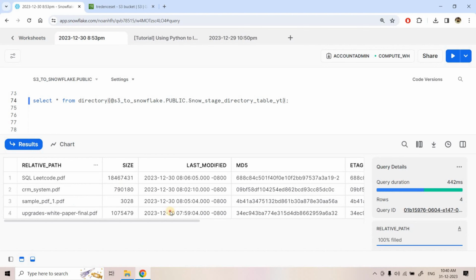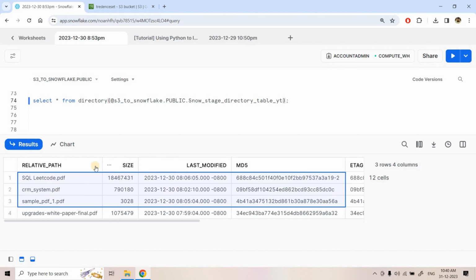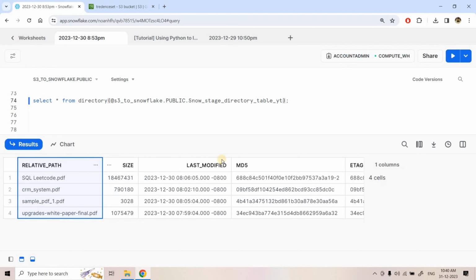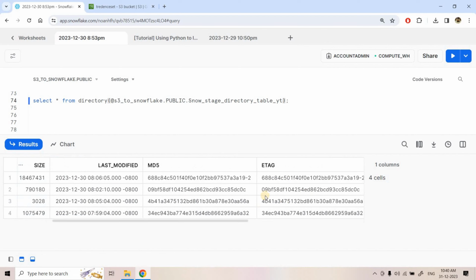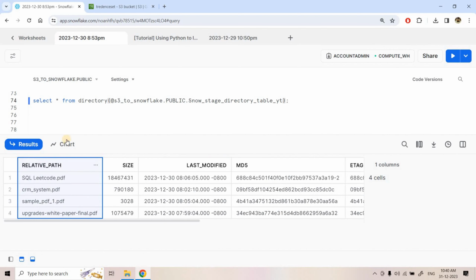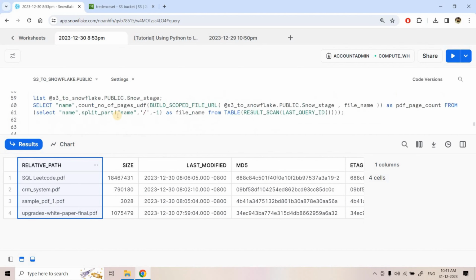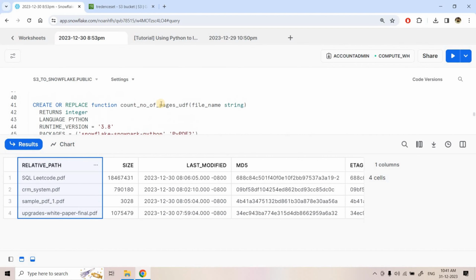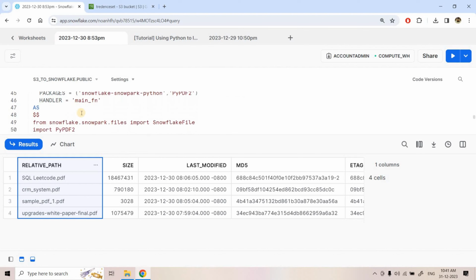Using a select query, we can get the same result set, the same kind of information we were getting using the list command. Earlier we first needed to execute the list command and then consume the result set using a table function and last query ID. That is not needed now. Directly we can get the relative path, size, last modified, MD5, E tag, and the file URL is also provided. Now our main requirement is this relative path, because if you consider this particular function, it needs to